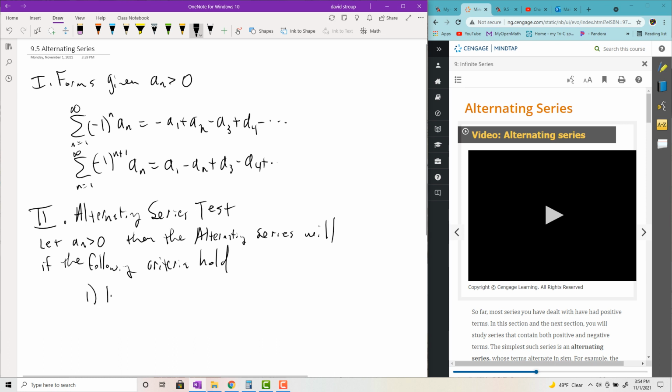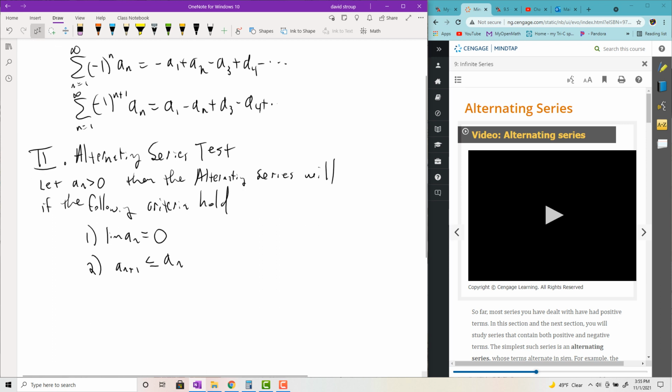Firstly, the limit of this a sub n formula has to go to 0 as n goes to infinity. And then secondly, you have to show that the terms of the series are basically decreasing. In other words, a sub n plus 1 is less than or equal to a sub n. I think in monotonicity terms we said that that was non-increasing. Usually to prove the second statement, you're going to have to use your monotonicity test. So you're going to have to show,